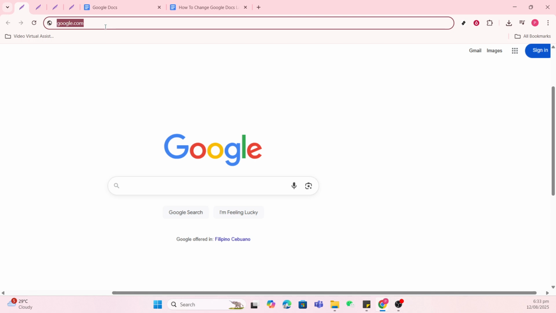First, start by opening up your preferred web browser. It doesn't matter whether you use Chrome, Firefox, Safari, or any other, they all work just fine for this purpose. Once your browser is open, type google.com into the address bar and hit enter. This will lead you to Google's main page, which is the starting point for accessing all of Google's services, including